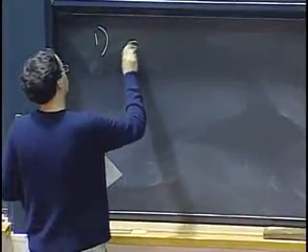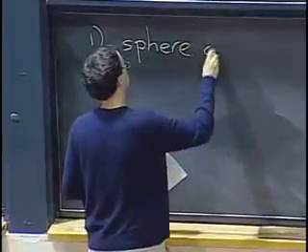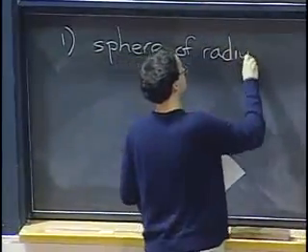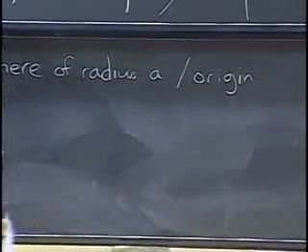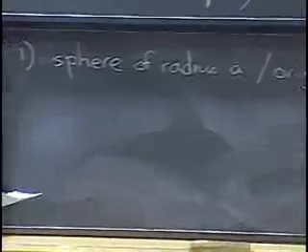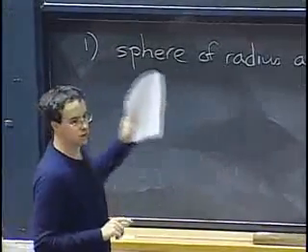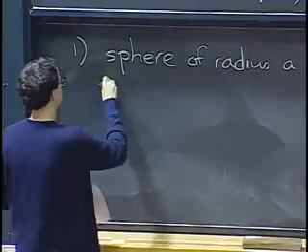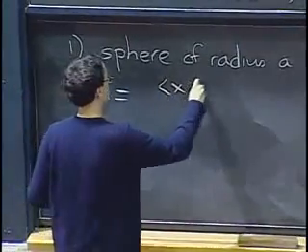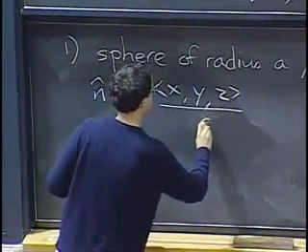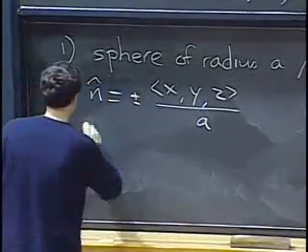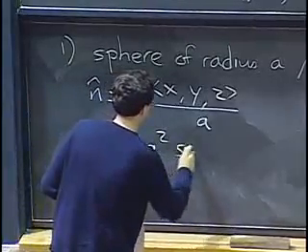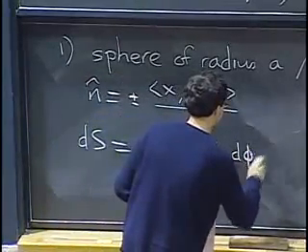Okay, number one on the list, after number 0. Let's say that I gave you a sphere of radius a centered at the origin, or maybe just a half of that sphere or some portion of it. Well, we've already seen how to do things. Namely, the normal vector is x, y, z over a, plus or minus, depending on whether we want it pointing in or out. And dS will be a squared sine phi d phi d theta.